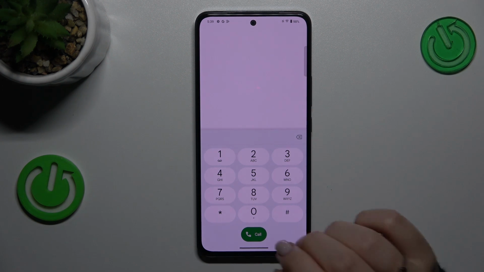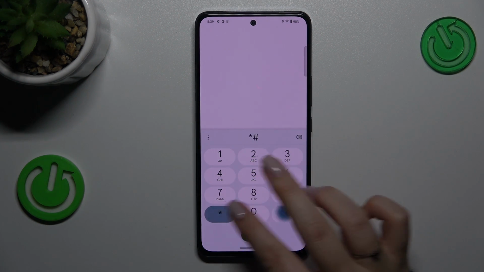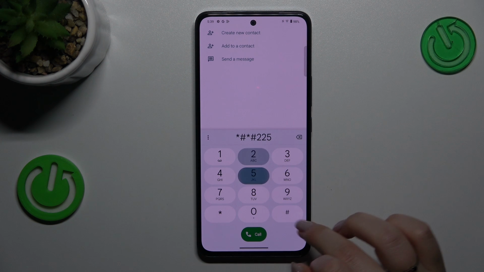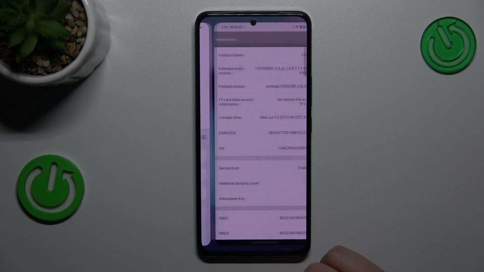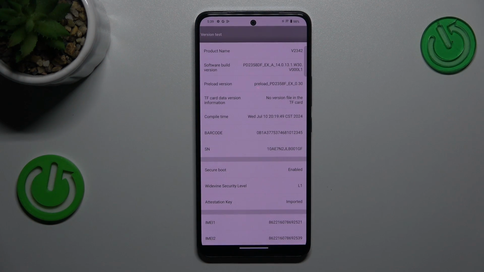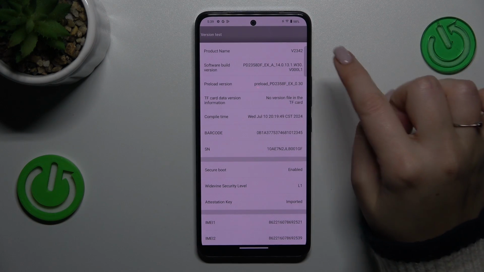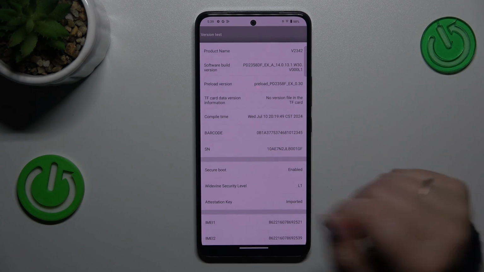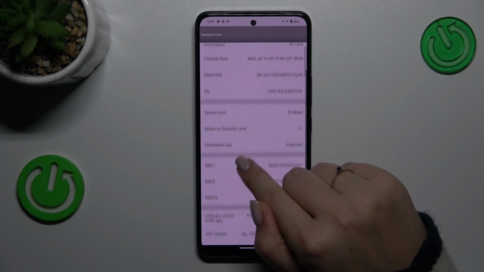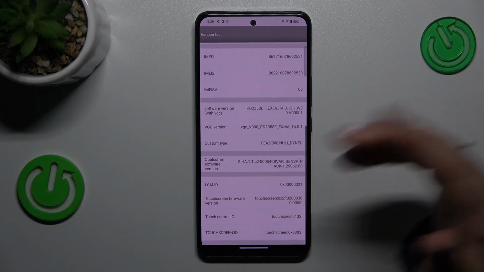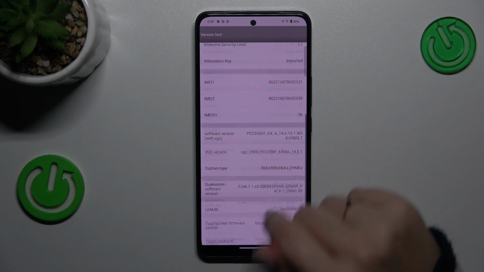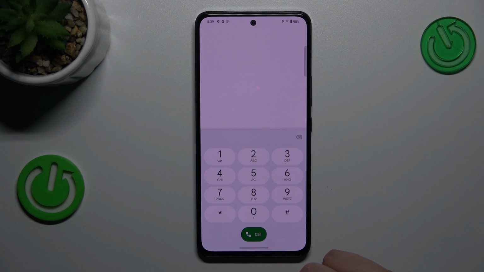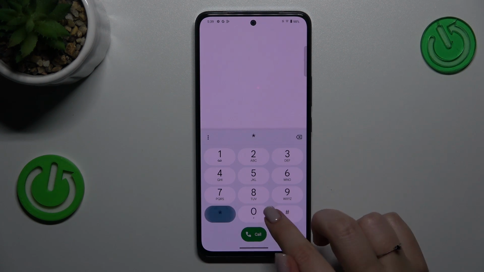Wait a second. And the code is *##225###. And here we can enter the version test, where we can check another technical information about our device. So again, the serial number, but also the attestation key, whether it is imported or not, the software version, etc. Let's go back, and the last code, which is